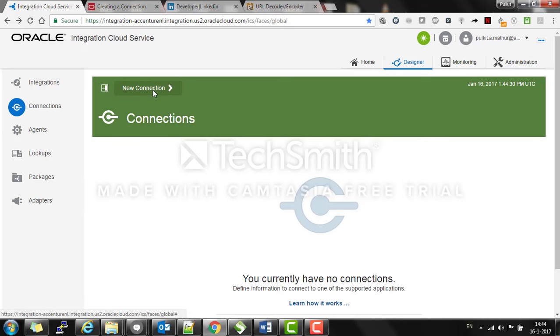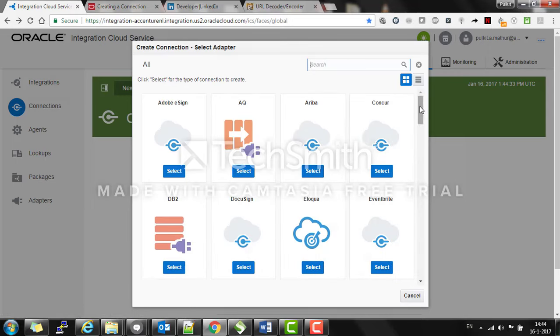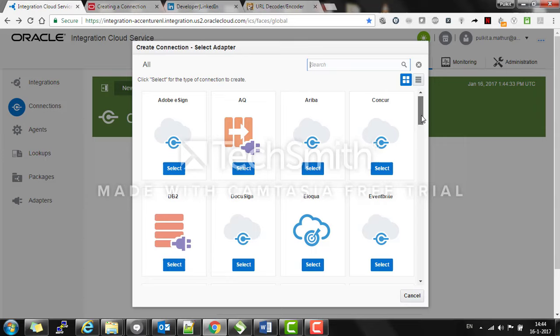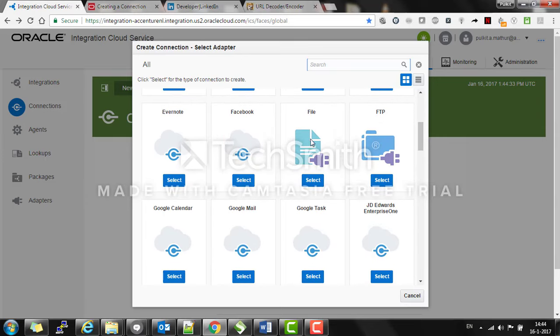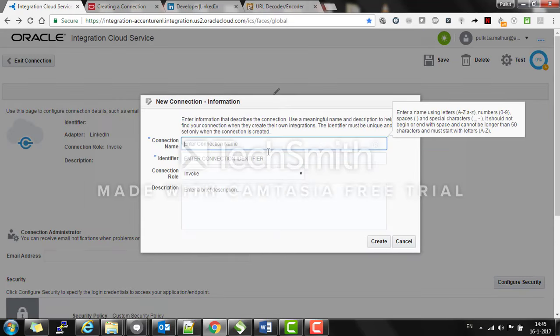Here I click on new connections, and if you see, there are about 50 connectors in this release of ICS. It contains Oracle Cloud products like Eloqua, and systems like File, HTTP, as well as social media like Evernote, Facebook, Google Tasks, Google Mail, Google Calendar, and LinkedIn. So LinkedIn is what we are interested in at this time. I'm just going to select the LinkedIn adapter from here and name this LinkedIn connection